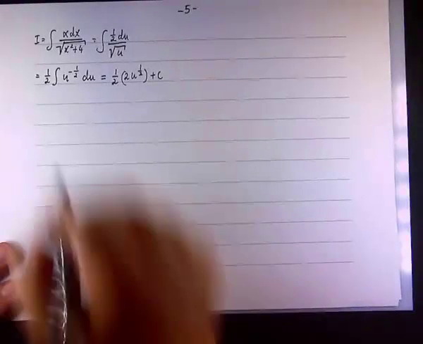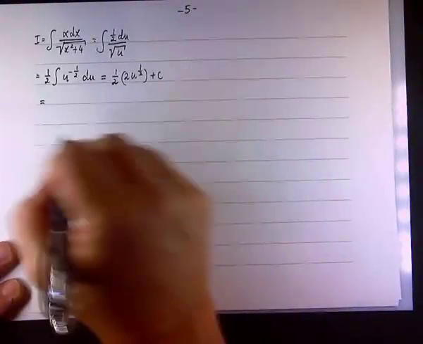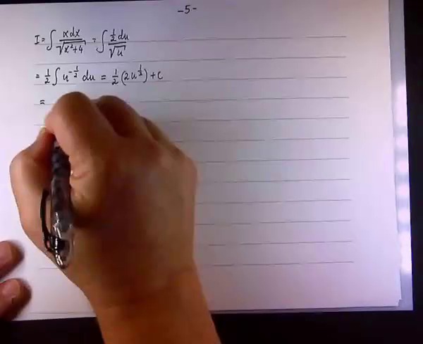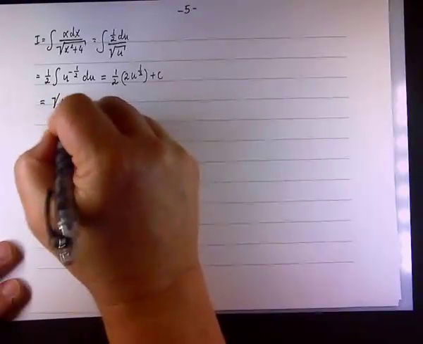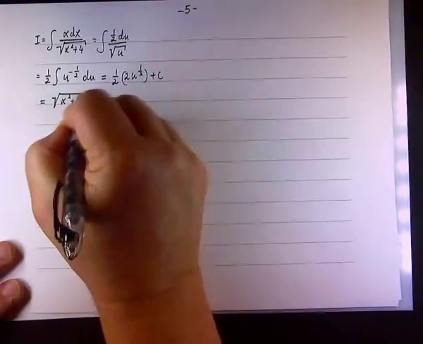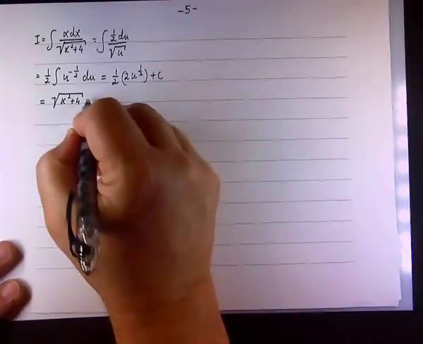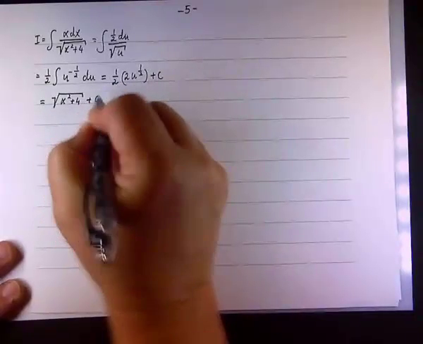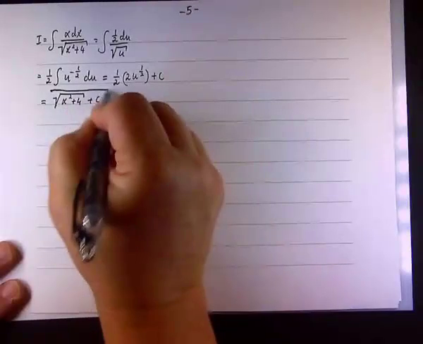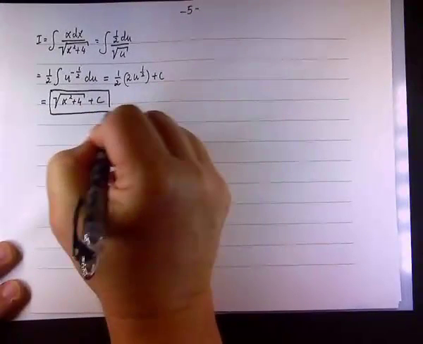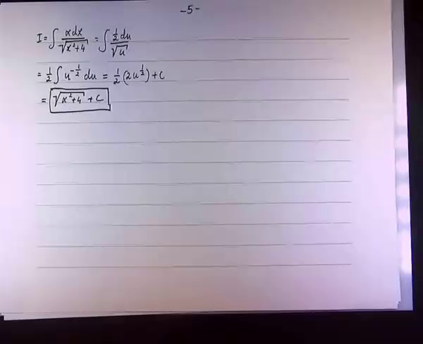So this is an easier deal here. We need to back substitute u, so you end up having the 1/2 and the 2 cancel each other. u is x squared plus 4, so you end up having the square root of x squared plus 4 plus c. A much quicker